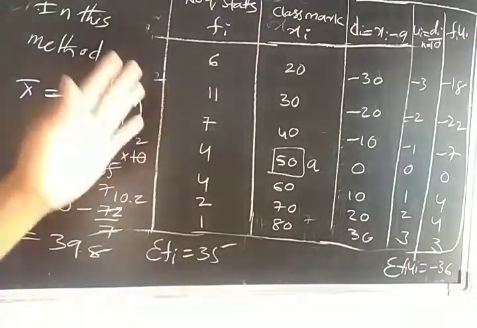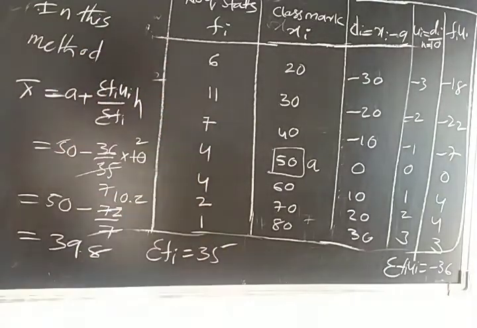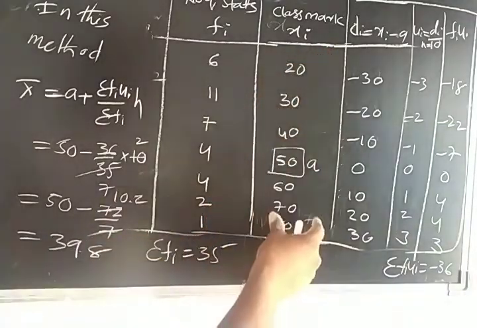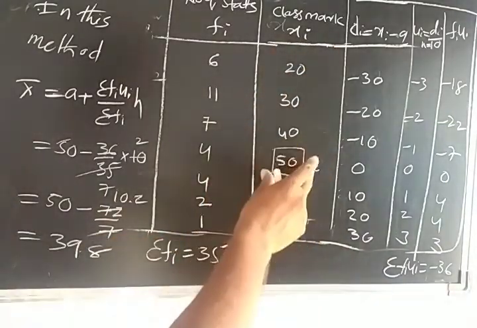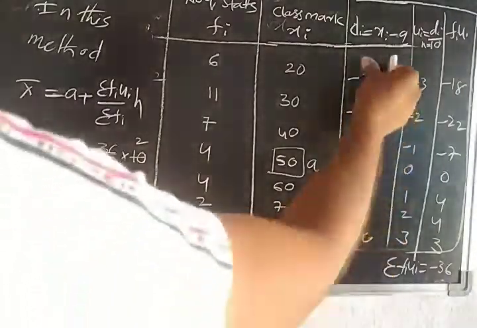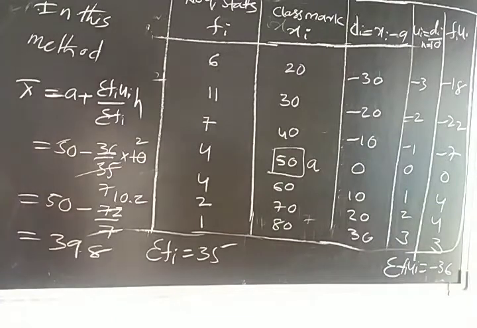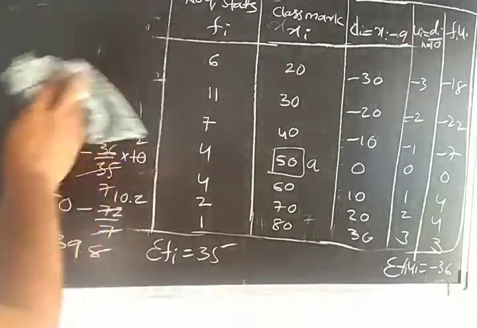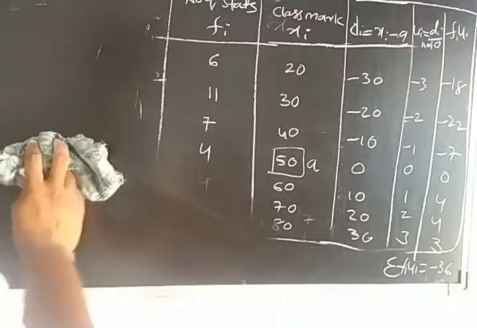If they are asking for 3 methods, you can apply 3 methods. If they are not mentioning any method, you observe the xi class mark values. If they are small, then you can directly use the direct method. Otherwise, go to the step deviation method, if you get common multiples in di. I will give you some homework problems on this. You can solve the problems.